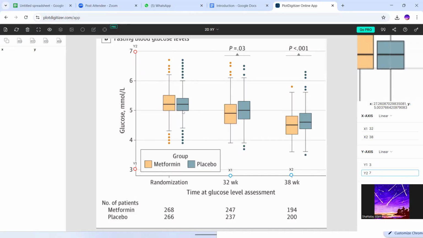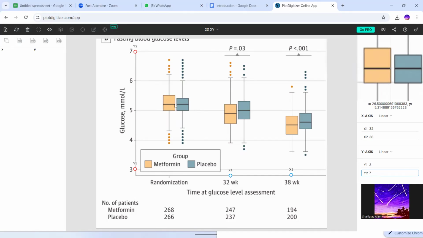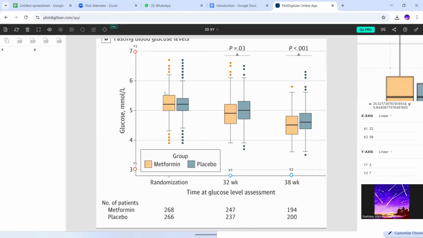Now I'm required to extract data for mean and SD. This midline is my mean, and this upper horizontal limit, see, this is the upper horizontal limit, this is the lower horizontal limit. So this upper horizontal limit minus this mean value shall be my standard deviation. Okay, so